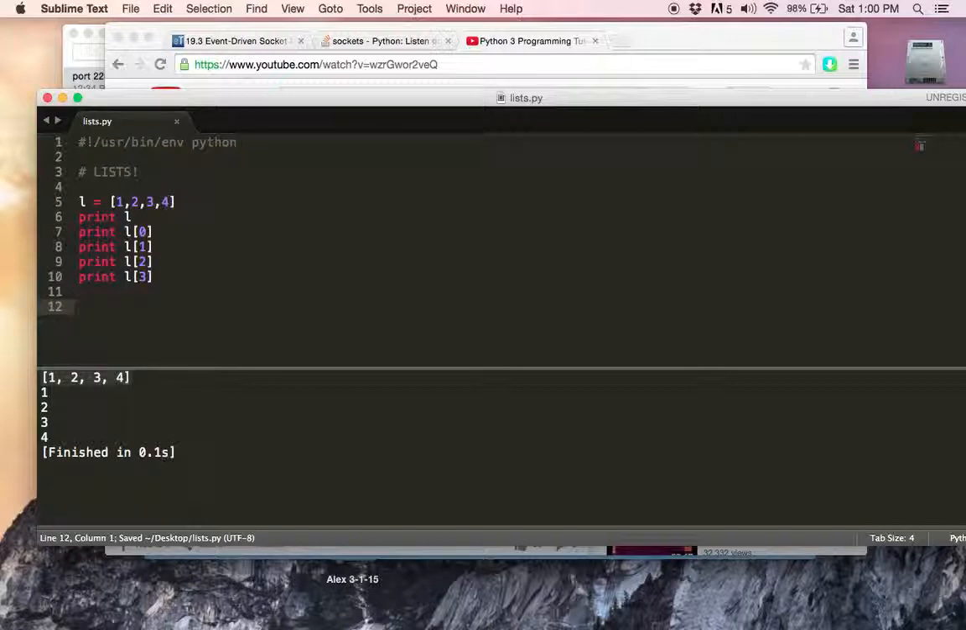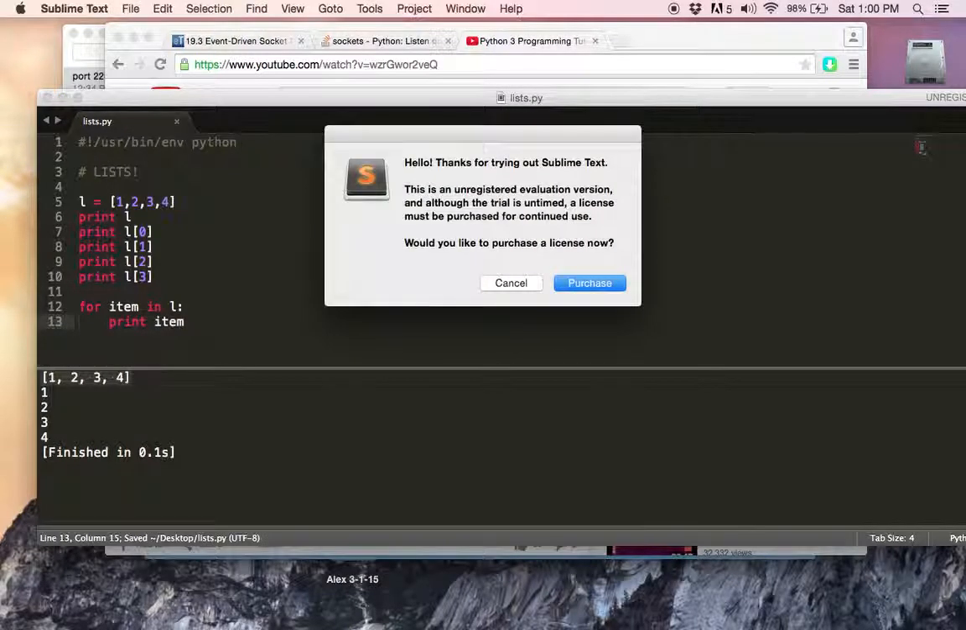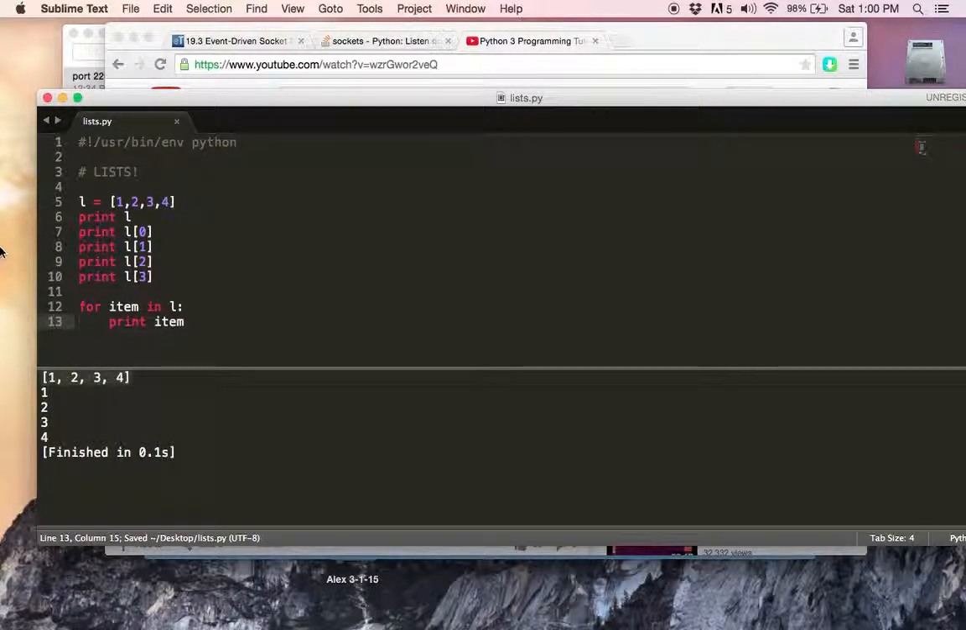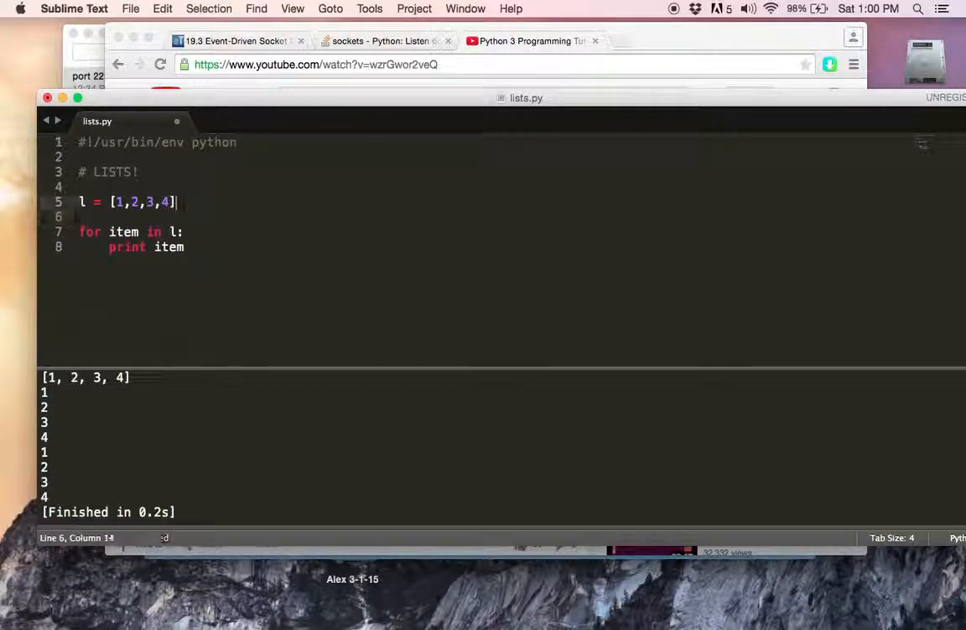But if you wanted to, let's say, loop through a list, you can use the for loop construct. So for item in L, print item. Alright, so if I build this, well, let me get rid of some of this junk here. Let's try this. Right, so it'll do the same thing I did before, but instead of having to type print L0, L1, L2, L3, what I can do is iterate through L,